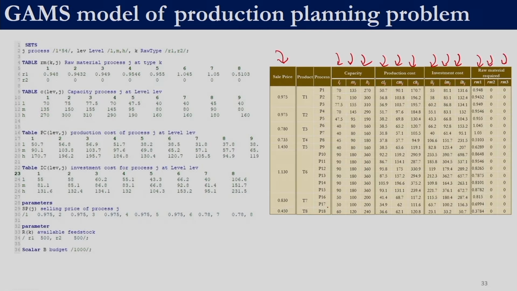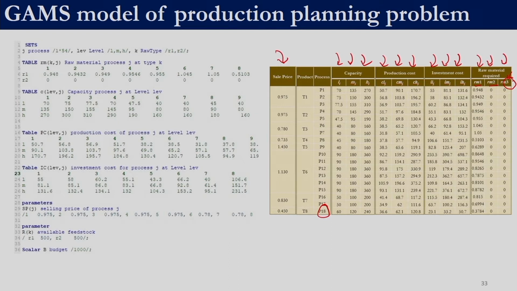Here we have shown you only 18 processes, but if you remember there were 54 processes which can be used to produce 24 products. For the case study which we had taken, there was no limit on raw material 3. So it was assumed that raw material 3 is available in abundance, so there is no point of including a constraint on raw material 3. So we will only use raw material 1 and raw material 2. So first we need to code this data into GAMS. Once we have got the data, we will then subsequently include the model equations.